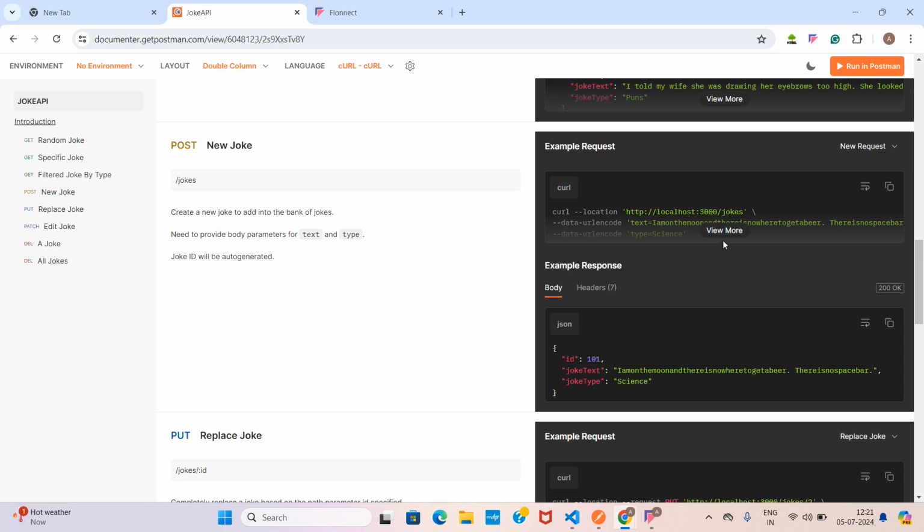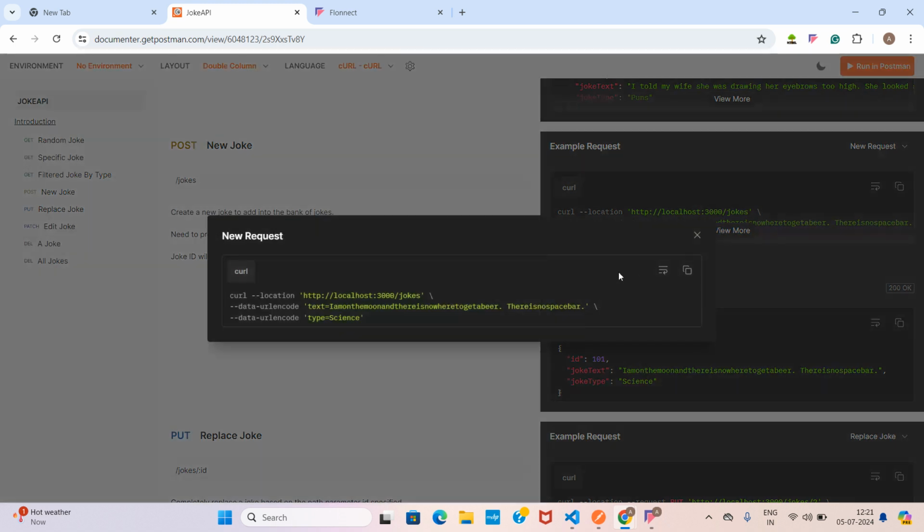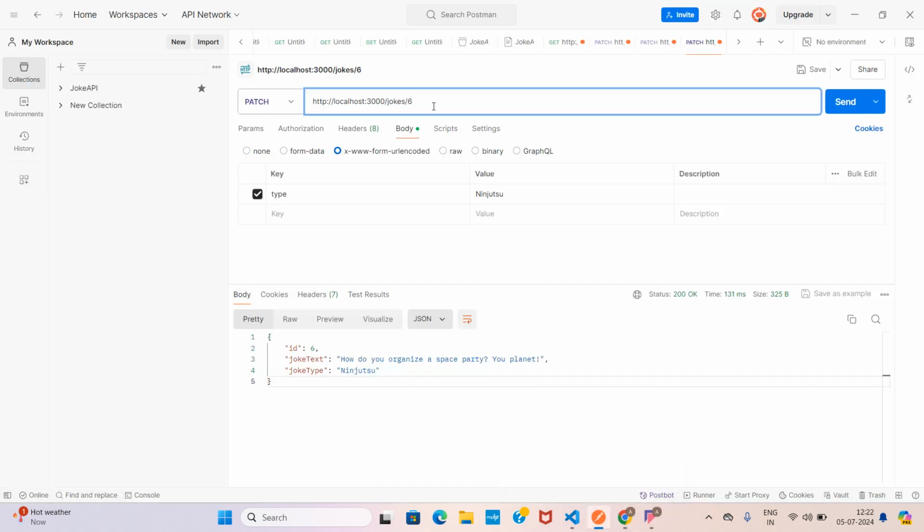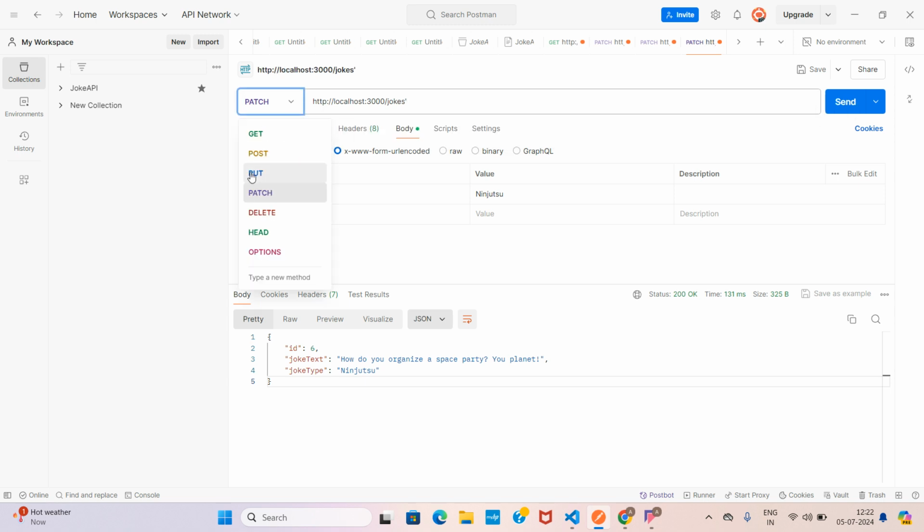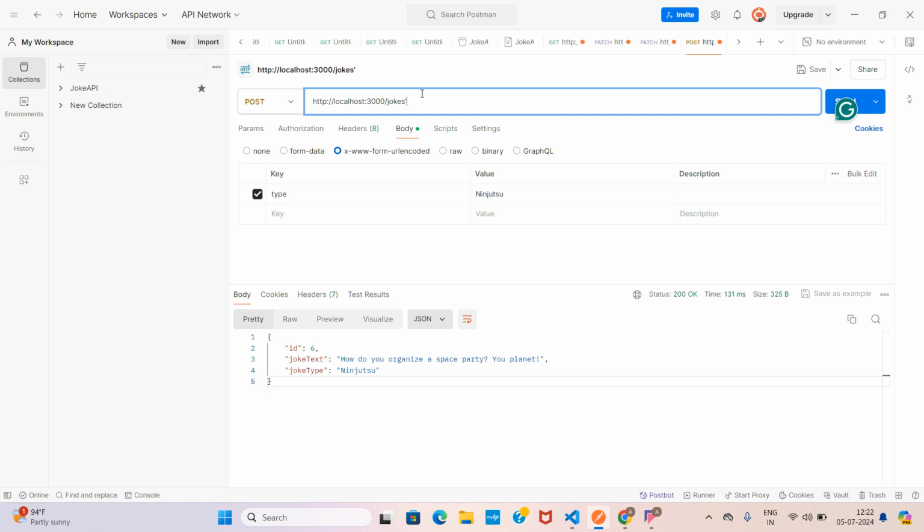This is the endpoint for posting. I'm just gonna copy it and paste it in Postman. Just delete this one and paste it. And this one's the POST method. So select the POST and remove the code. And here we gotta add, we are giving